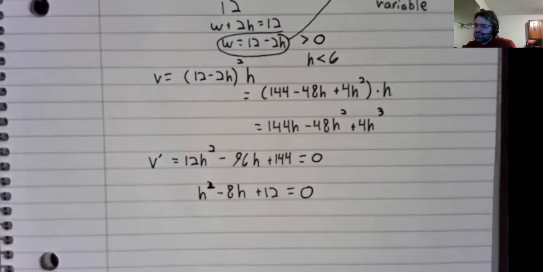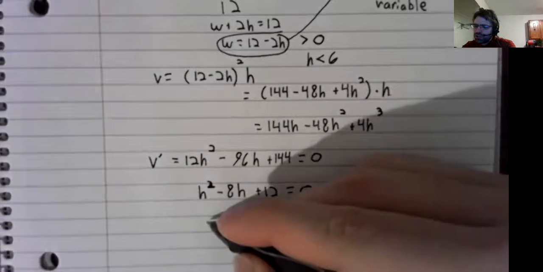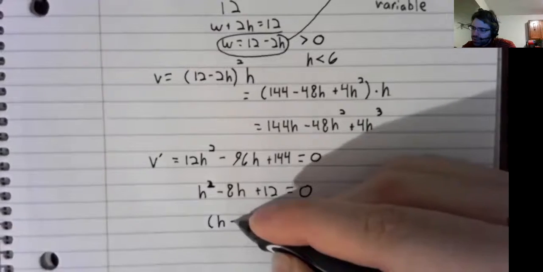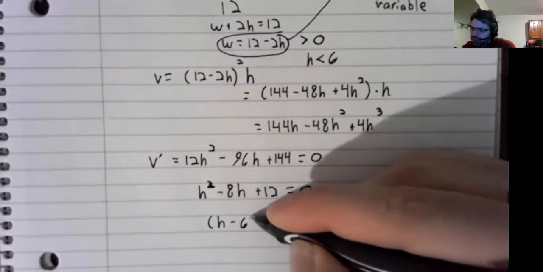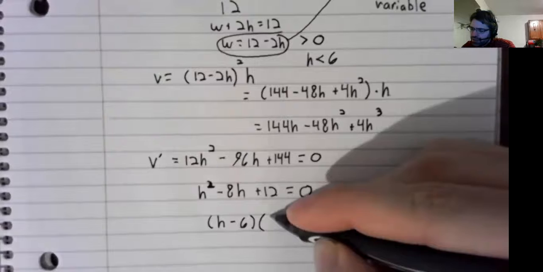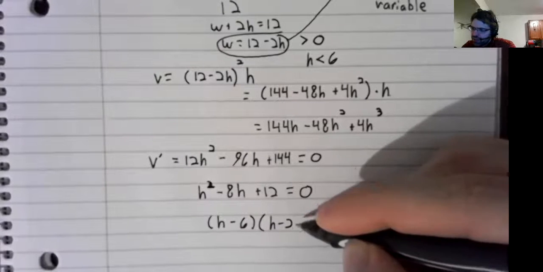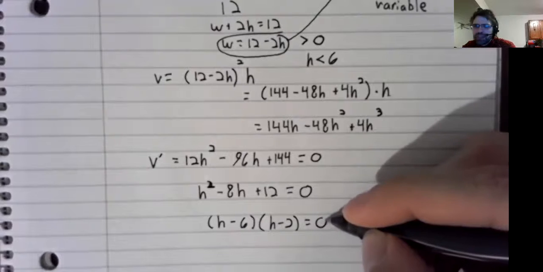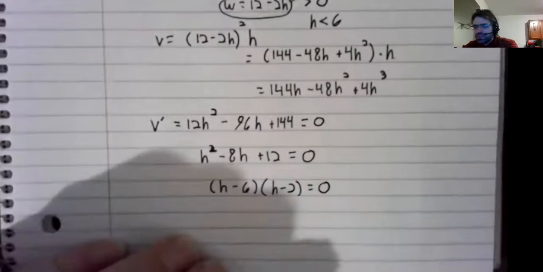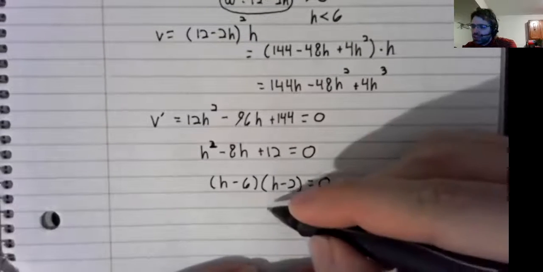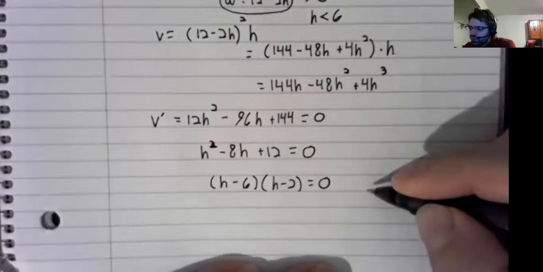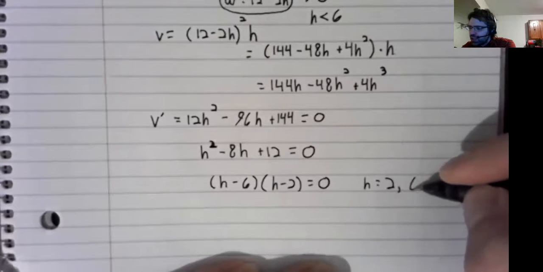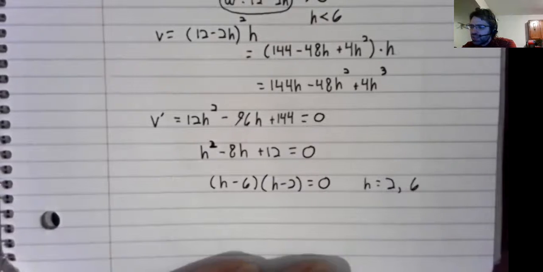And this might factor, as a matter of fact. I talked about using the quadratic formula, but we are actually spared that. So there are 2 critical values, one at 2, the other at 6, but